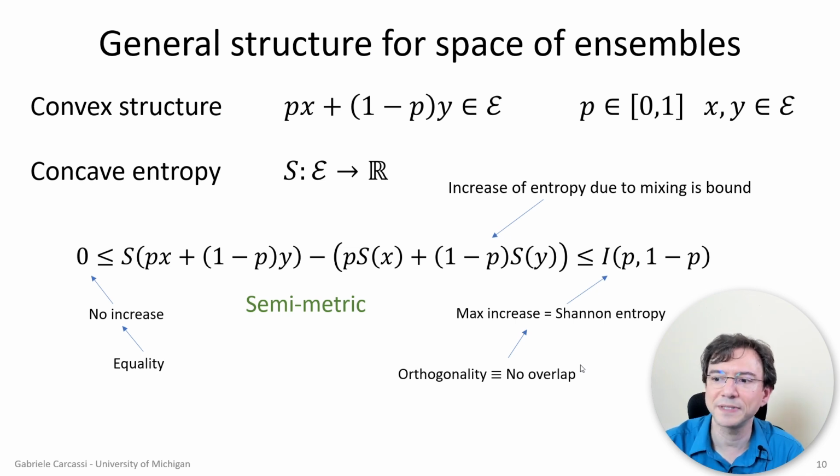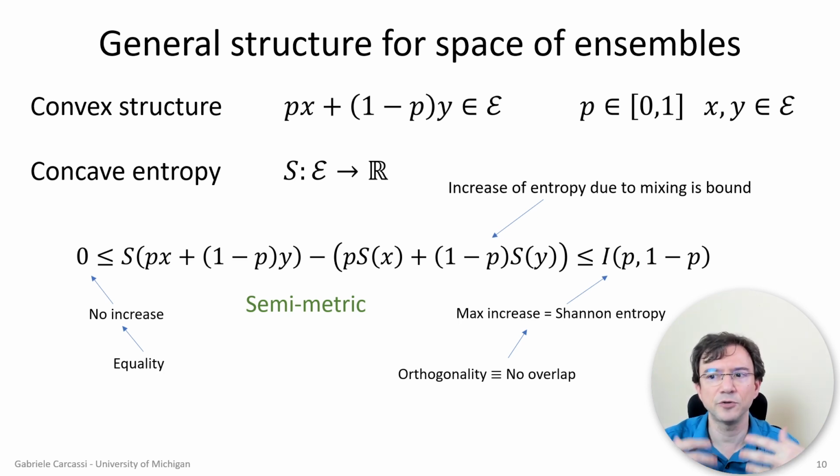And so what happens is that really the entropy knows about the geometric structure of the full space of ensembles. And this is true for both classical and quantum mechanics. If you give me classical or quantum mechanics and you tell me all the space of the ensembles and their entropies, then you can recover the geometry of the space. And if you give me the geometry, well, geometry is the thing that allows me to compute all the entropy. So once you give me the entropy, you have completely fixed the geometry, and this is how it works.